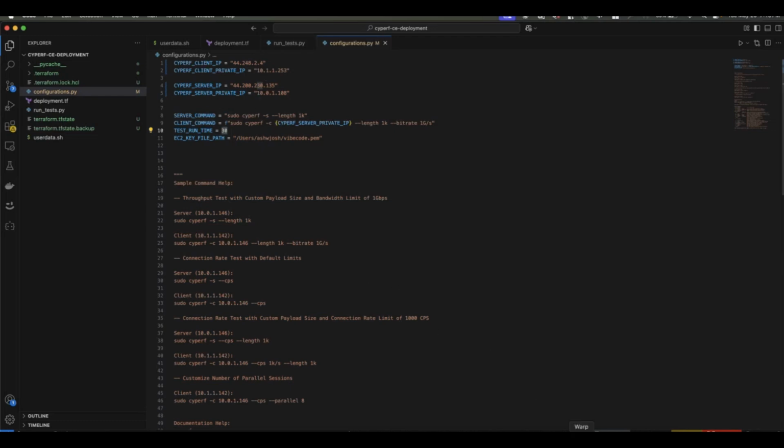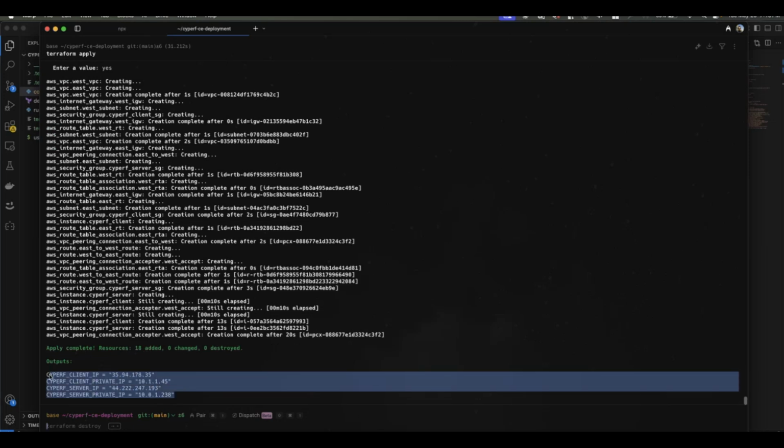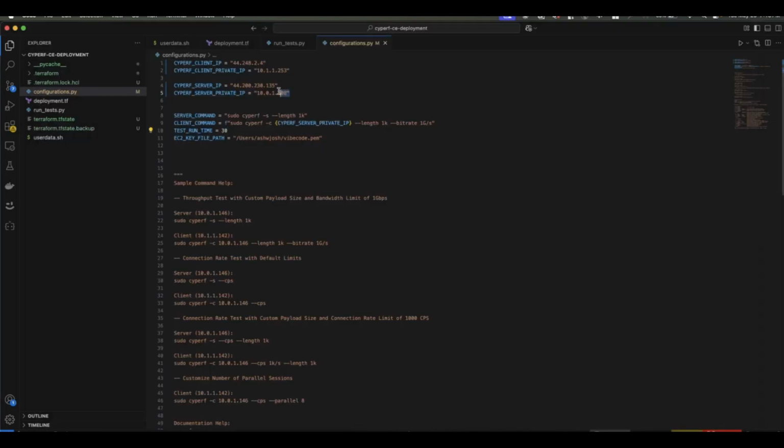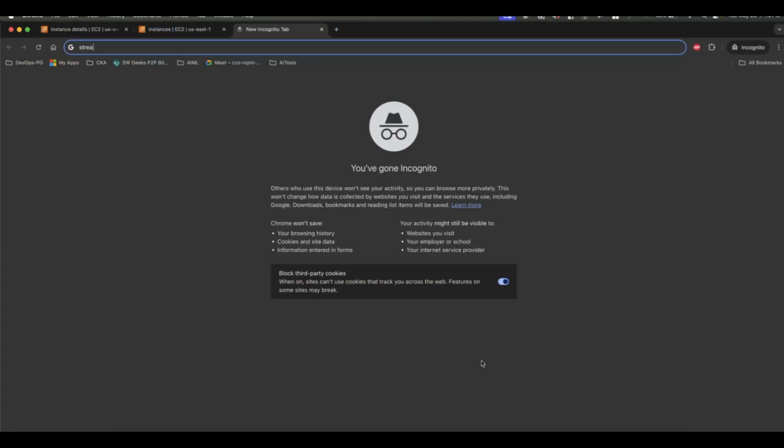before running the actual test, let's see first if our infrastructure is deployed. So as you can see, our infrastructure says, okay, 18 resources have been added. As I said, I have outputted the IPs for you. And then we'll just take this, go back here, replace these values with the new ones, right? Let's go and just check that the resources are created. If we go here,